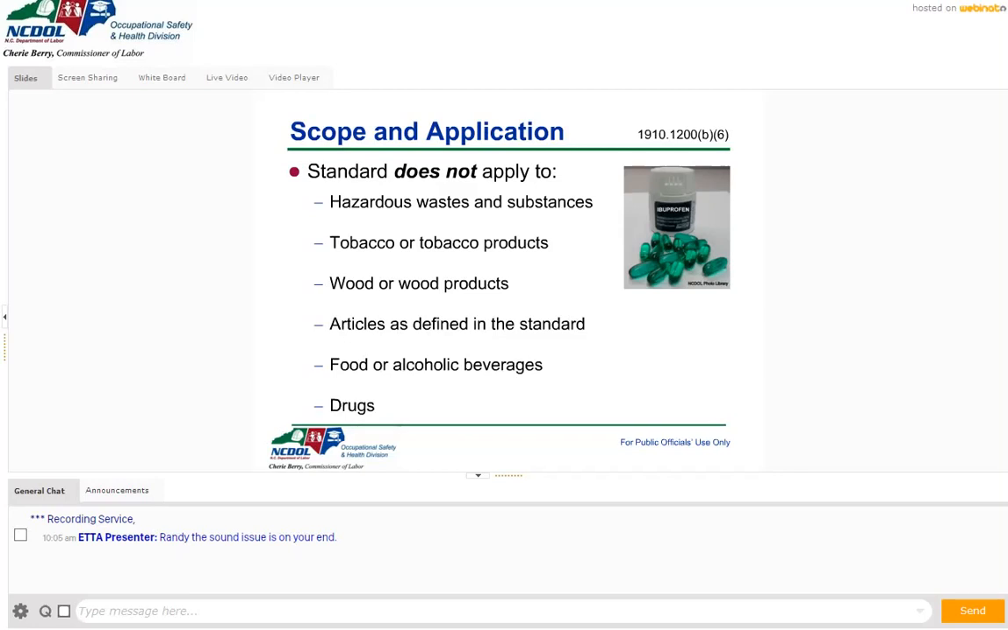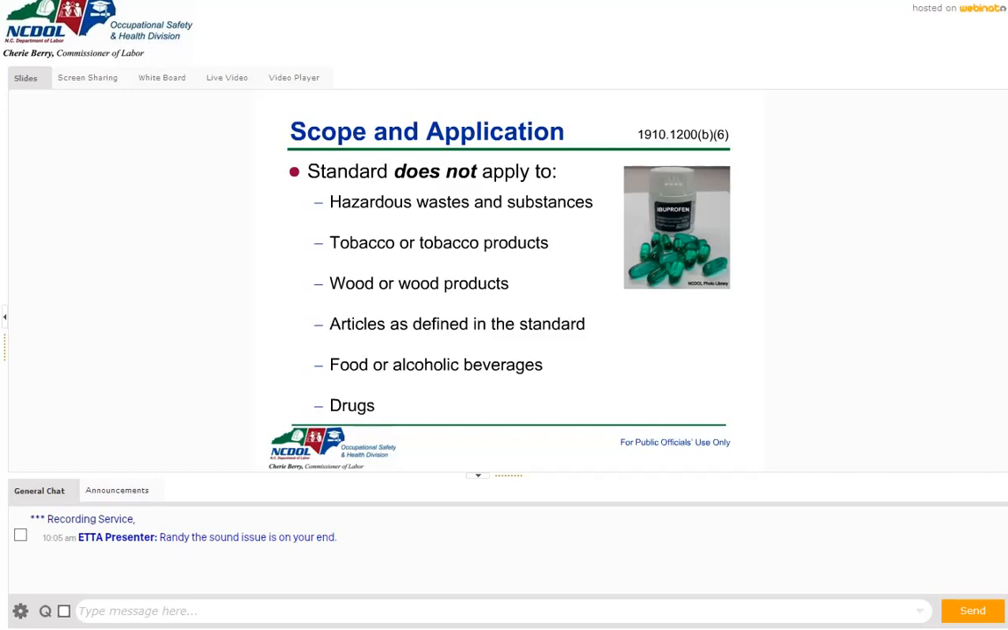Now, if you work in a company that manufactures drug products, if it's in its final form and there's no exposure to the employees for handling it, it's exempt. In the process, if there's any exposure from the drug or any of the ingredients to the workers that are handling it, then it would be part of the program. So it's one of those, it depends. Okay,